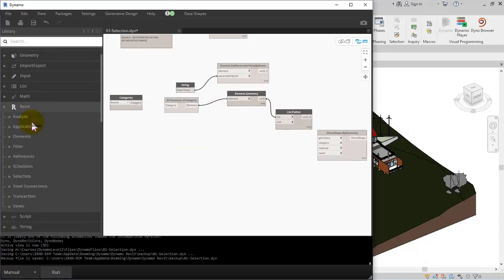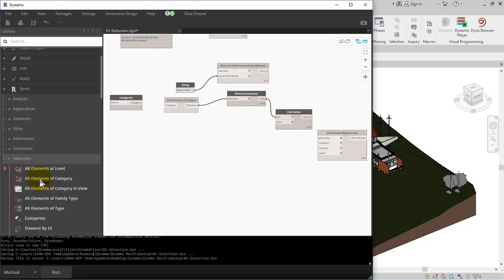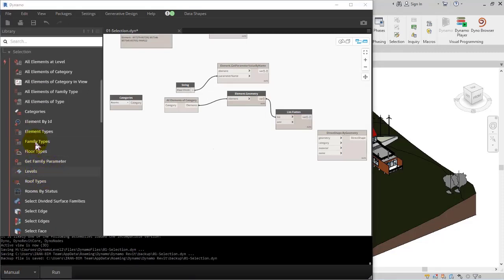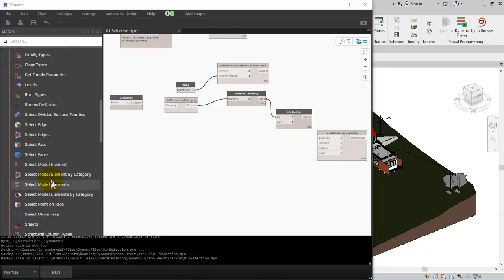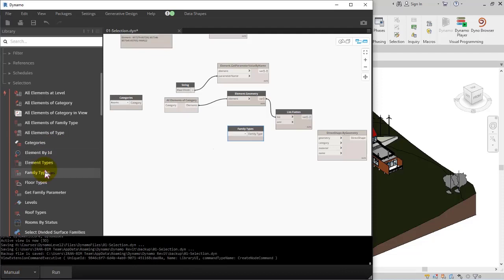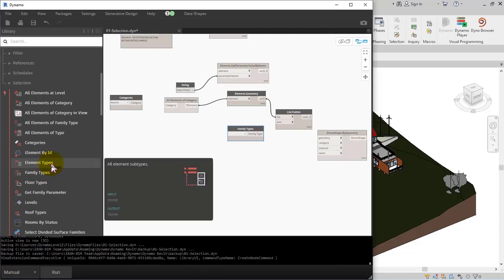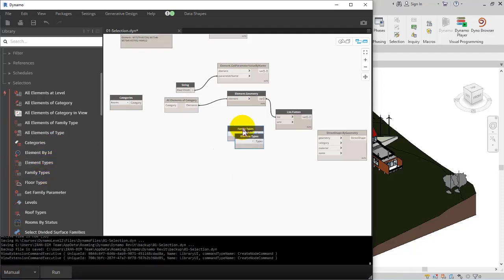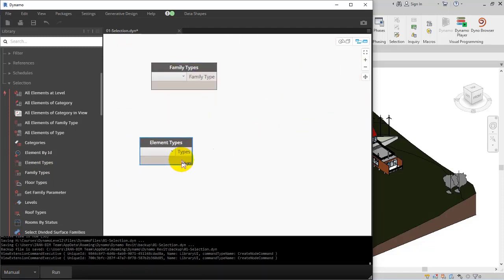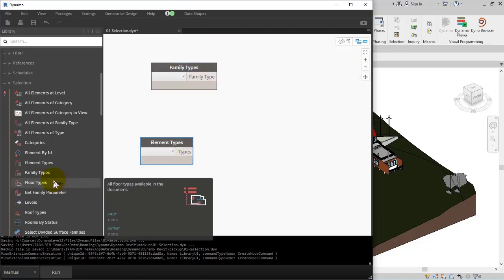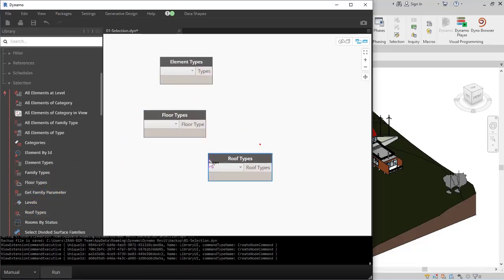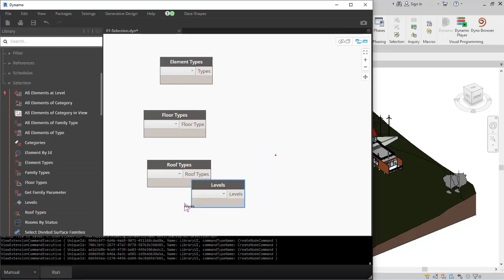Again in Revit selection, here are the other nodes that we got, for example element type or family type. These are other functions of the selection nodes. And for example here, floor types or roof types, levels,